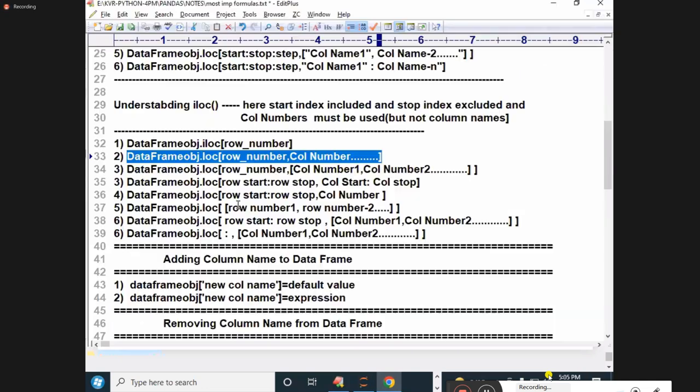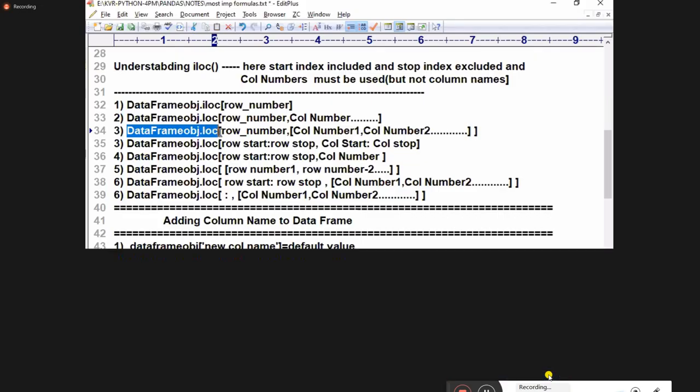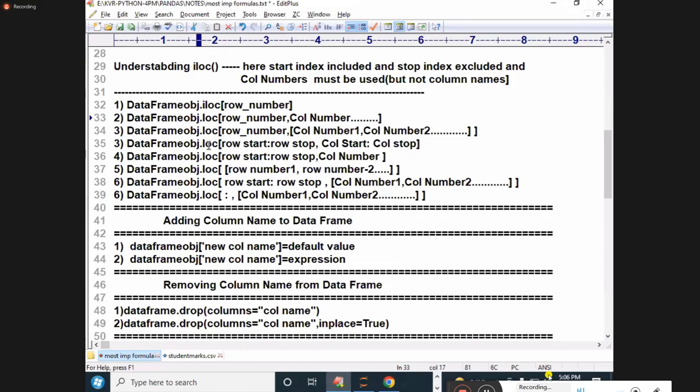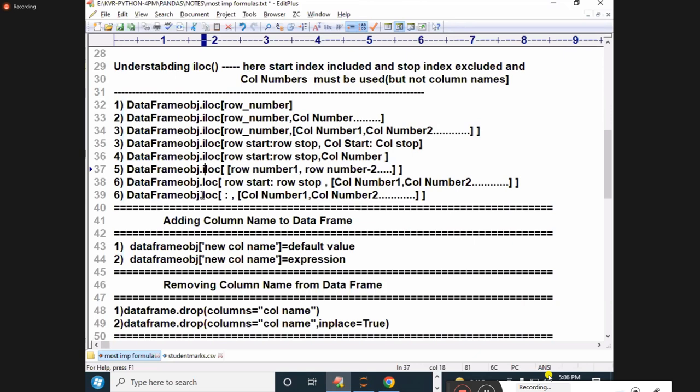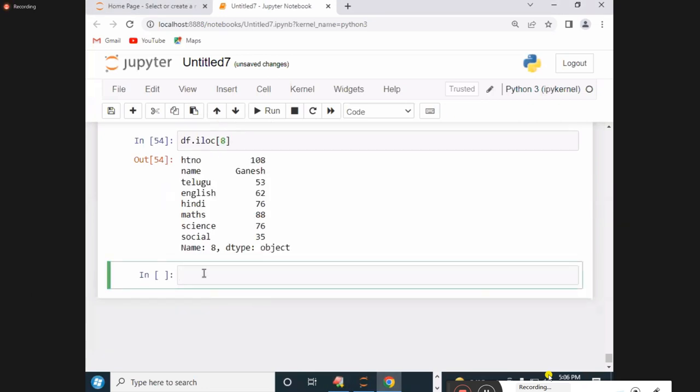Let's move slowly. Next, data frame object dot ILOC. These are all called ILOC. Students, keep in mind ILOC. There I need to mention the row number, and the column numbers you want, you can write. So go to that place once again. I want df dot ILOC of 0 comma